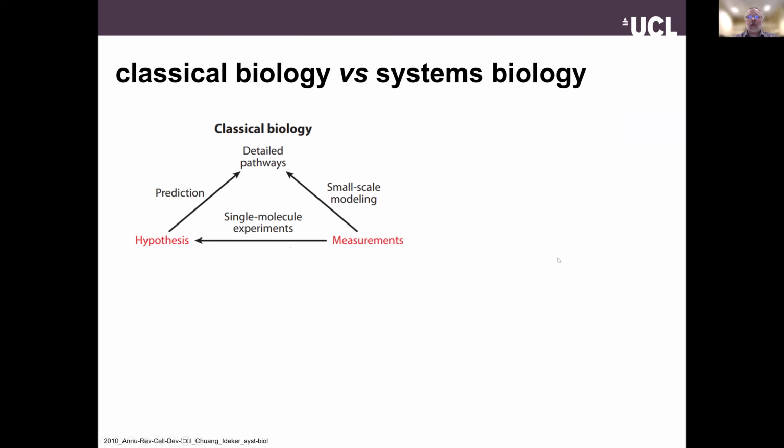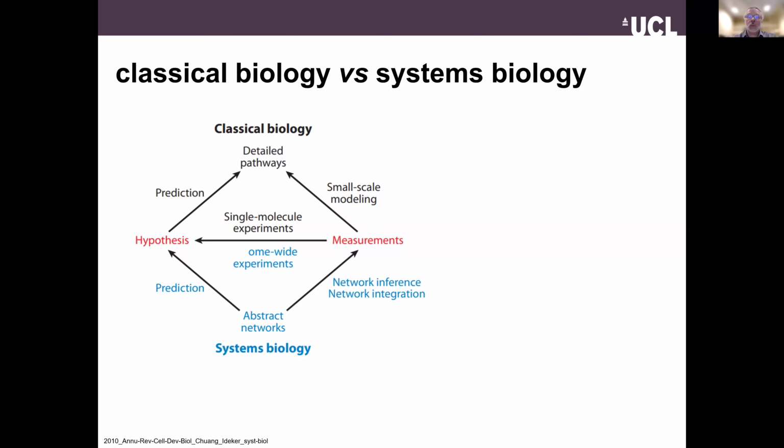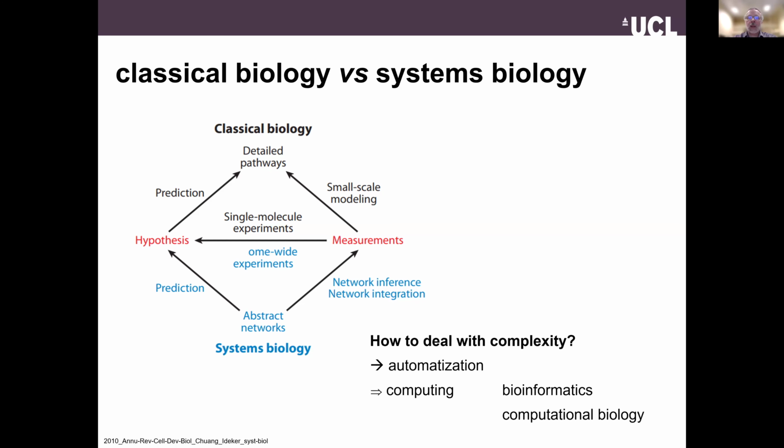This increasing complexity needs to be addressed through a shift from classical biology, which relies on single molecule experiments and small scale modeling, to a systemic approach in which we model large data sets which are generated from different types of omics. To deal with the ever-increasing flow of information, we need powerful tools, and that will lead to automatization. This is why computing science is very important. So we'll have a heavy component of computing in our program,